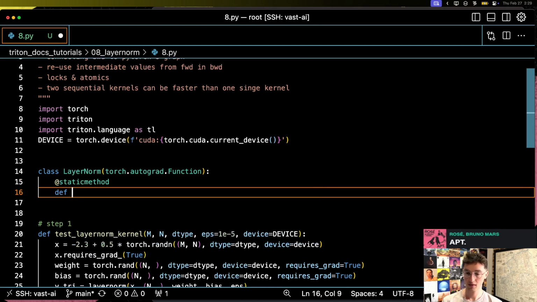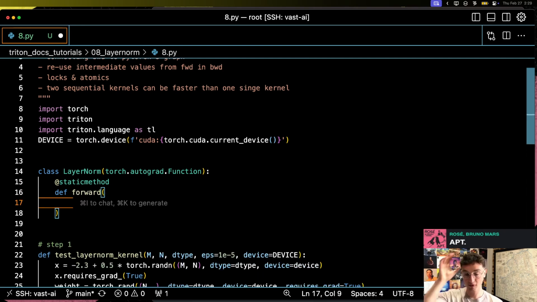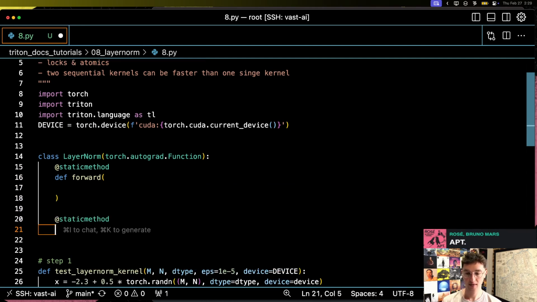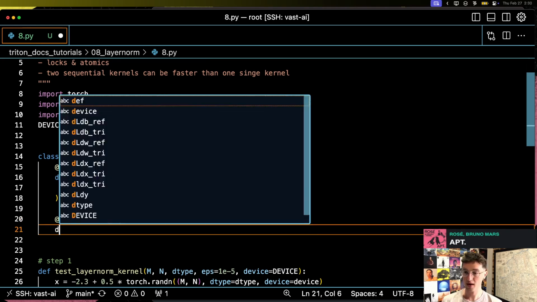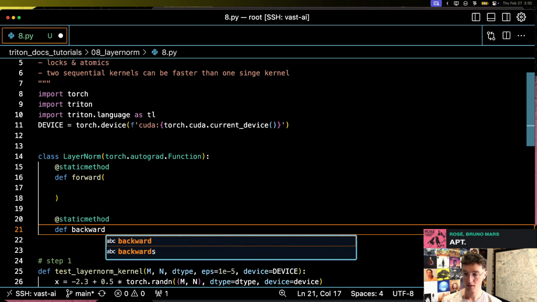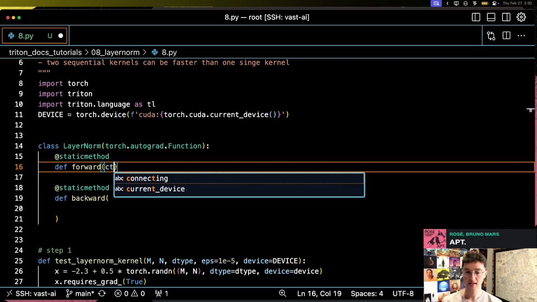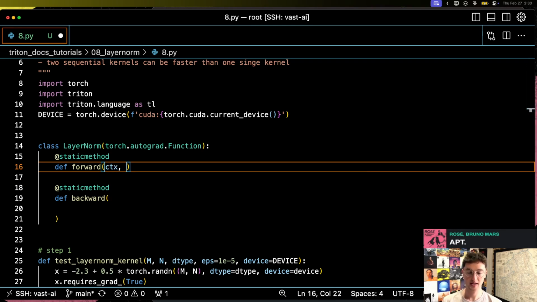Our first method, we label it with staticmethod, def forward, and this will be our actual wrapper for our forward pass. We'll have a separate one, also a staticmethod, def backward, right? You always have to prepend that in front of these two things. Don't think too much about it. Now let's actually fill in the forward first. It is going to have as entries ctx. We're never going to actually input that. That is a little object that PyTorch knows how to use and that is useful for us, as we'll see later. Then our actual main input x, the input tensor,